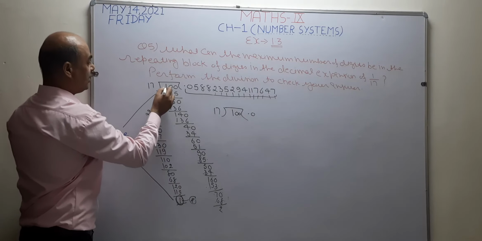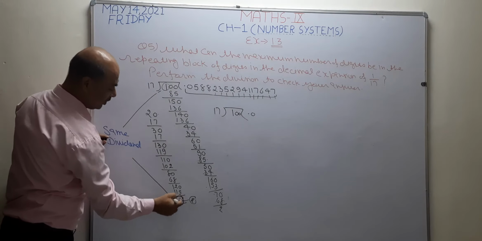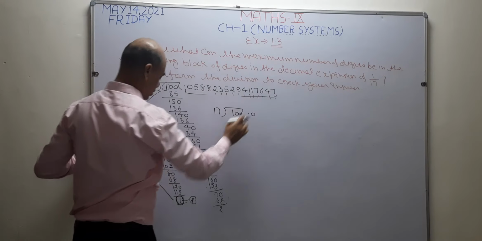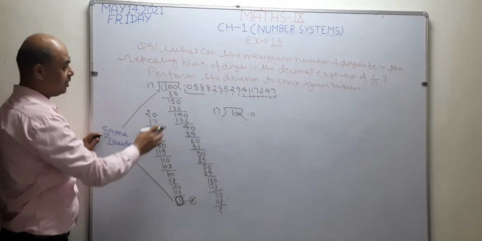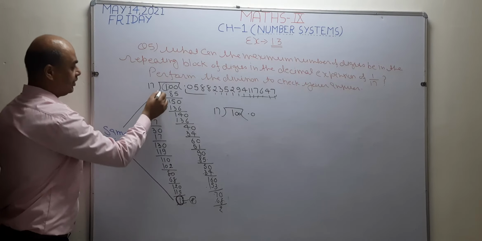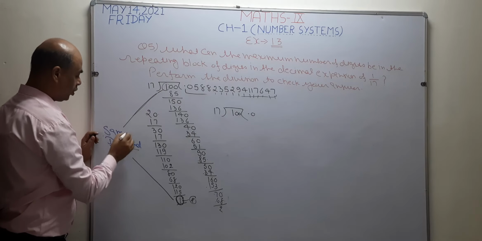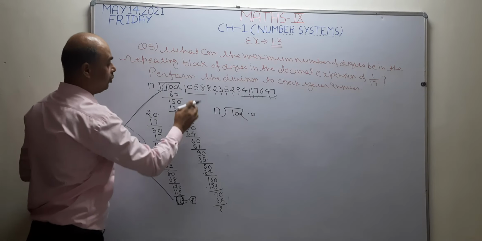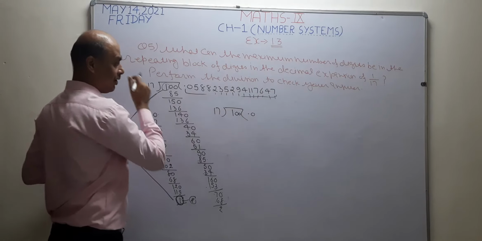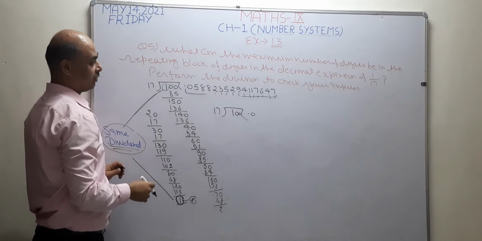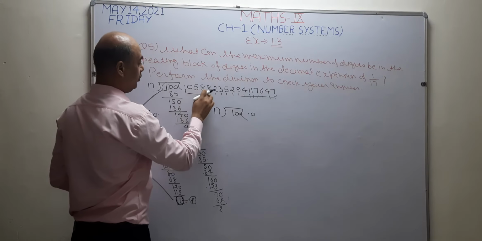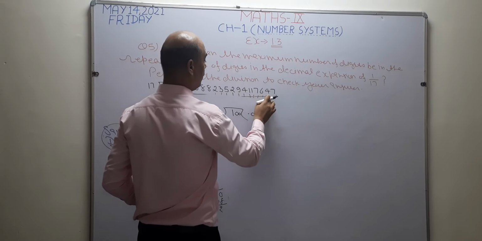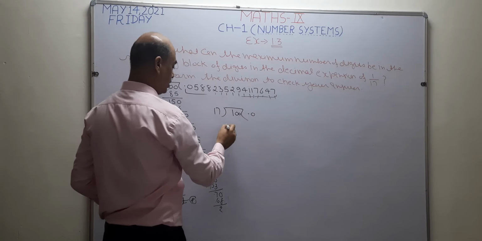Now see, I started from 1 and the remainder also becomes 1. It means after these digits, these numbers are going to repeat. When the remainder and dividend both become the same, then from this number, all these numbers are going to repeat. Now I want to check after how many places of digits they are going to repeat. 1, 2, 3, 4, 5, 6, 7, 8, 9, 10, 11, 12, 13, 14, 15, 16. It means your answer is after